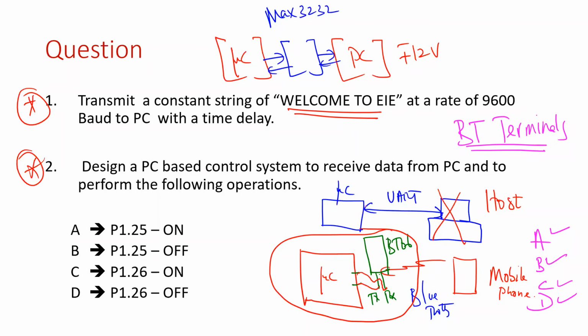Now, interestingly, UART is never bothered about who the host is, whether the host is a computer, a mobile phone, or some other device. What the microcontroller cares about is the data coming via the receive pin. It will receive it and take some action. The microcontroller doesn't know that it is actually connected to a Bluetooth device; that is only for our information. It always keeps an eye on the receive data pin, and when somebody gives a value, it reads it and does the processing.